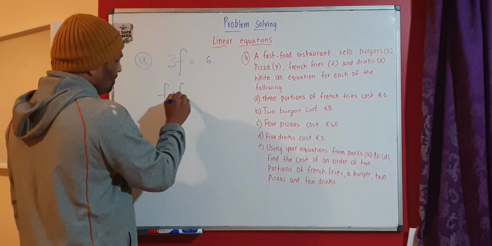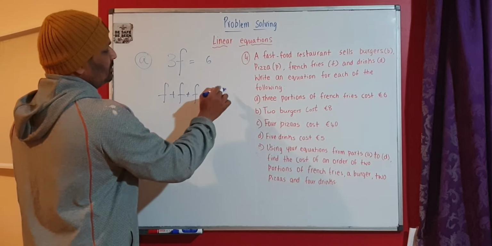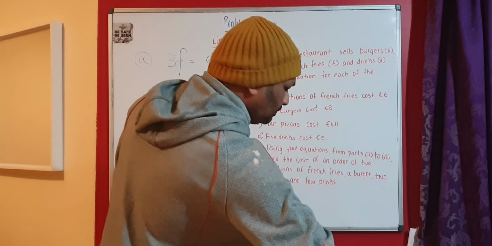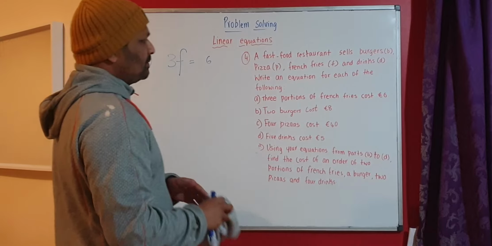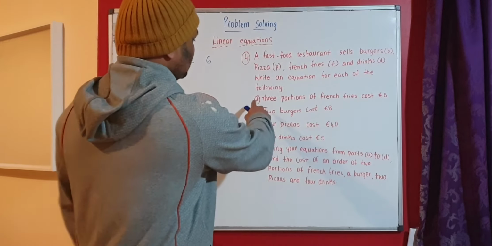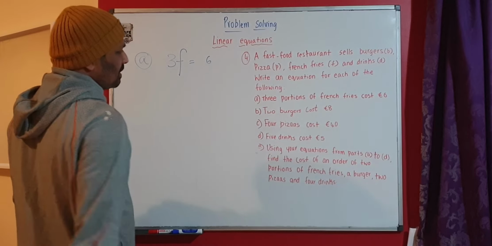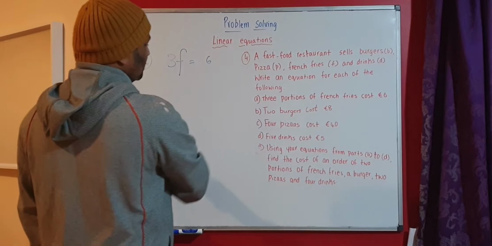f plus f plus f is equal to 3f. As simple as that. That's the first problem. The first part of this problem is three portions of the French fries is €6, and we have written it as an equation. The next one,